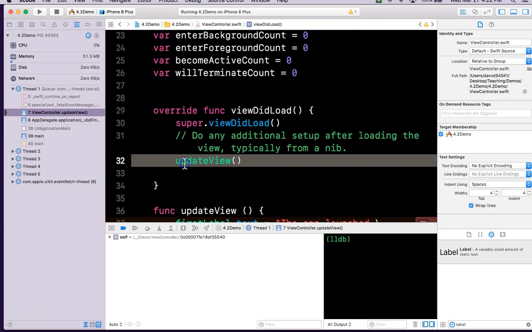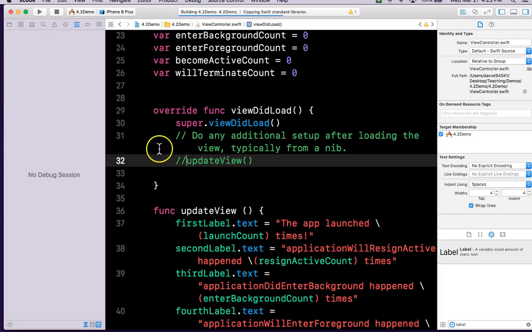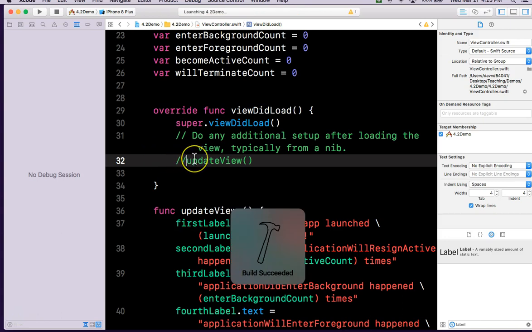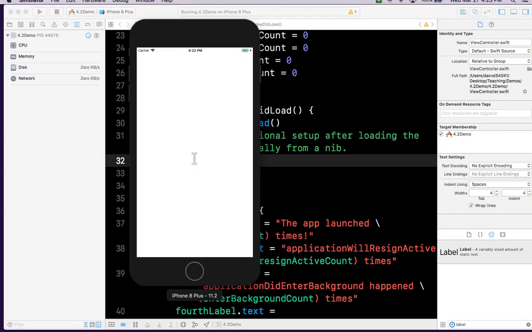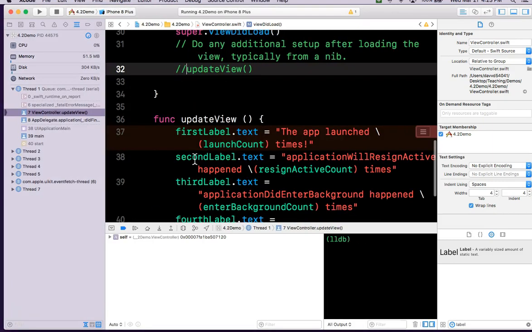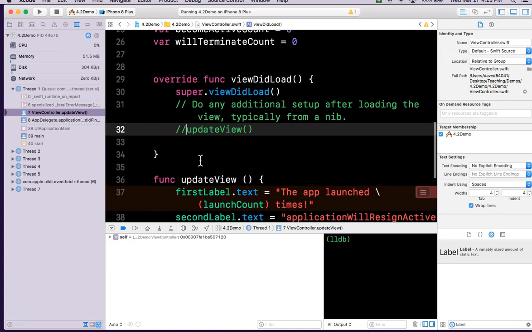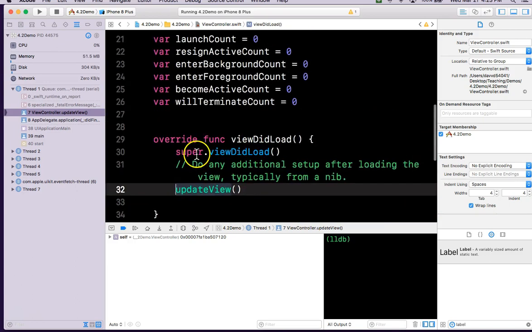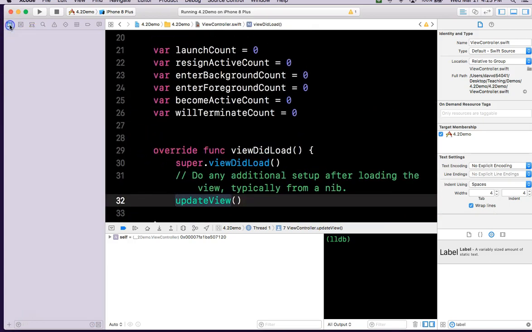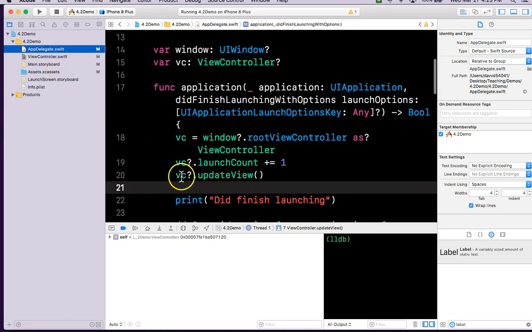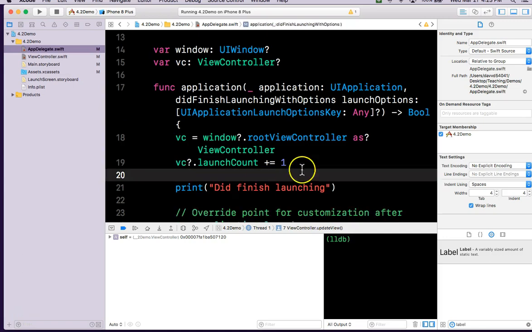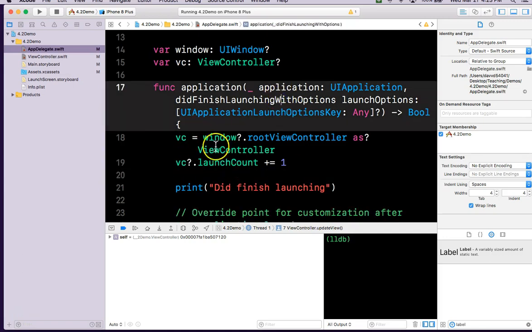Now this I know we want this here, because I tried just commenting this out, and I don't think it liked that either. Boom, doesn't like that at all. I think the problem is this. I think putting the update view inside of the AppDelegate right underneath this did launch,